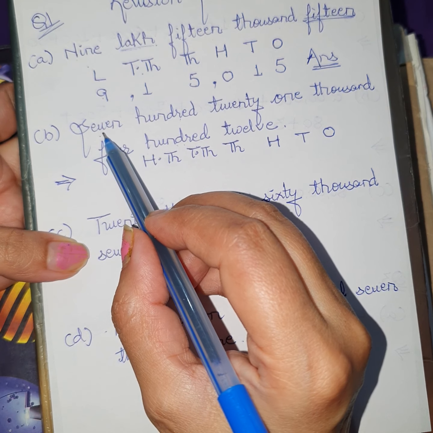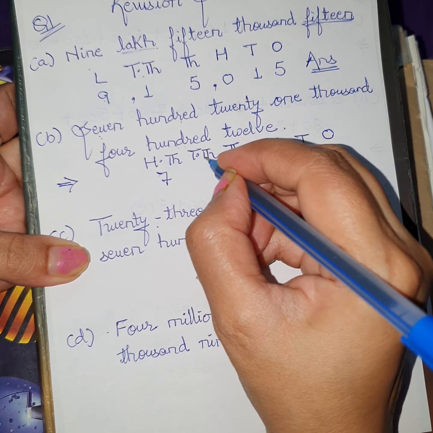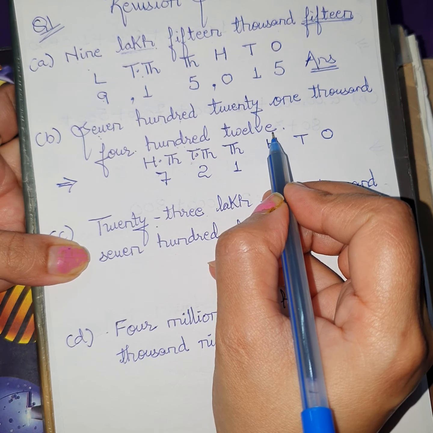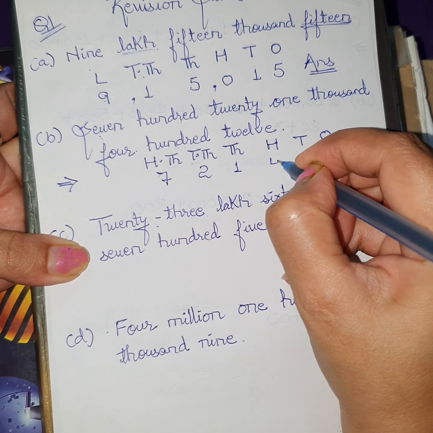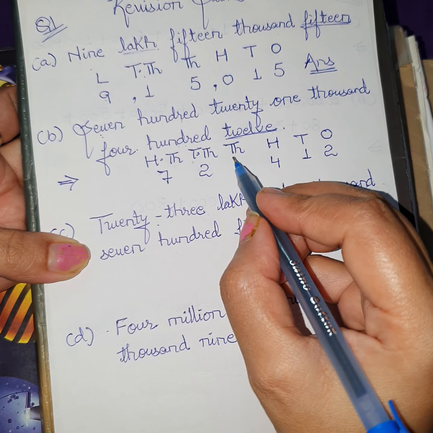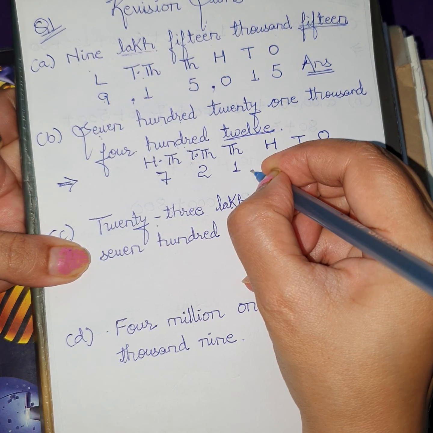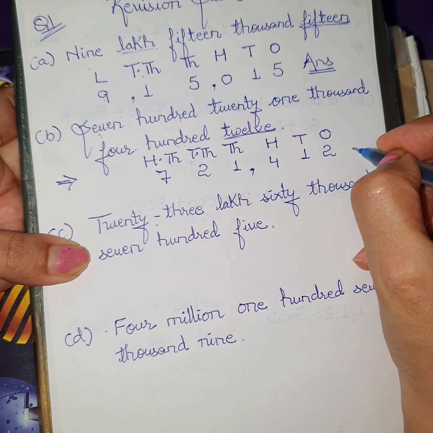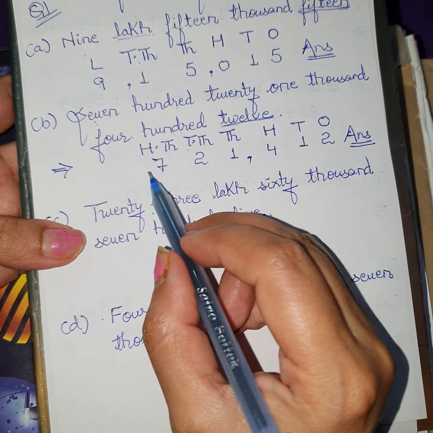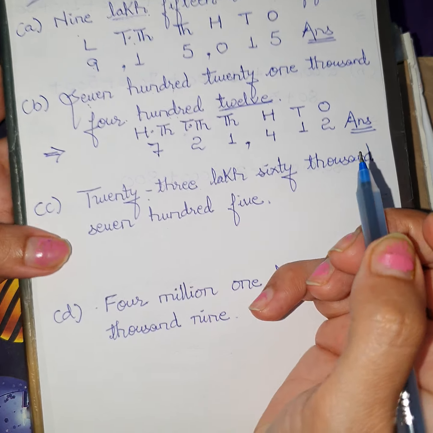Now we will start writing the values. 700: so in 100 column 7 will come. 21,000: so in 10,000 2 will come, and in 1,000 1 will come. 412: so in 100 4 will come, and then this 12 will come in tens and ones column. Then we put commas according to the International System, that is, before 3 digits from the back. In the International system, as you all know, commas always come before 3 digits from the back. So the first comma will come here; the second comma will not come because we do not have the millions place here. It is still 100,000, so only one comma will come.